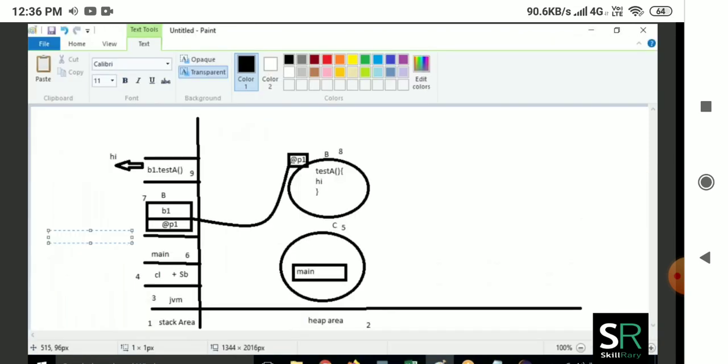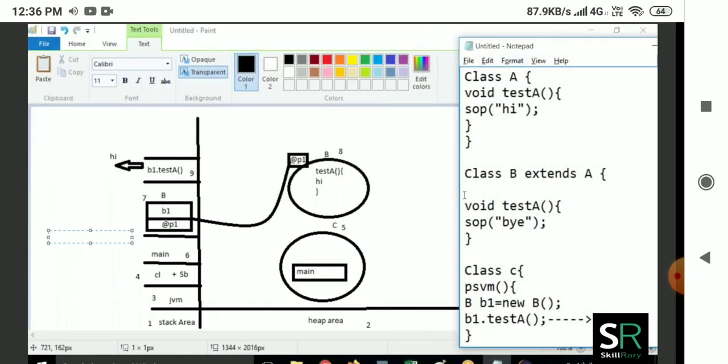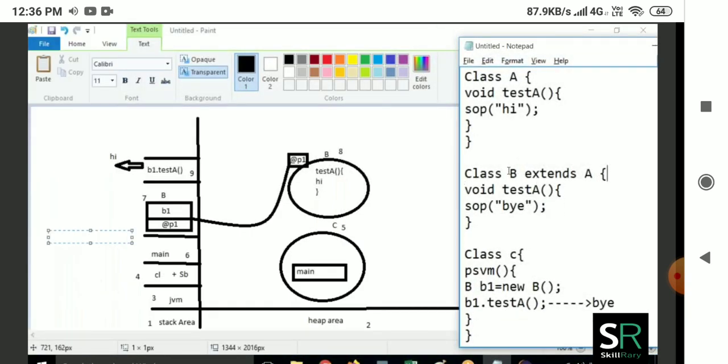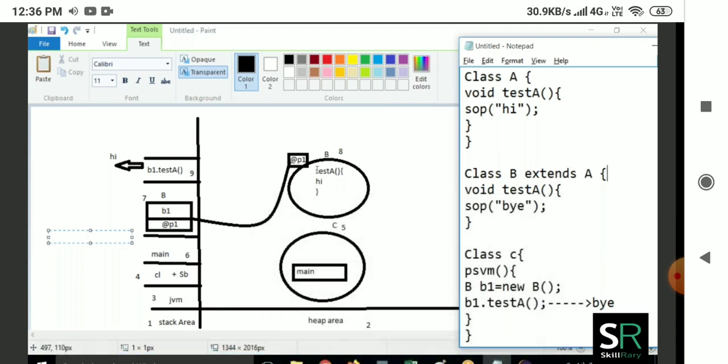That is what we have put in this diagram. It is going to create an object of type B. Let me show you. Then after that we are calling the B class constructor. Do we have a constructor in the B class? I don't see any constructor in the B class. Who is going to create it? Yes, we do have the constructor in the B class. The compiler is going to create it, even though you are not able to see it.